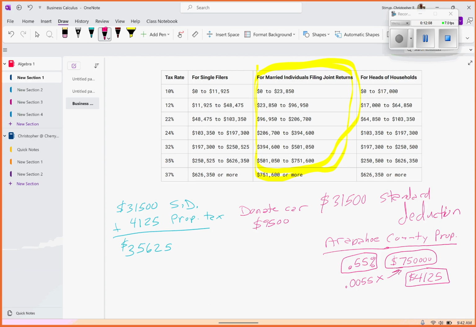Now, what Cars for Kids or the veterans organizations will do with a donated car is they will actually take your car, it will go on a mass auction block where people throughout the United States and perhaps even throughout the world could bid on your car to buy it. So it is possible at auction your car might go for more than $9,500.